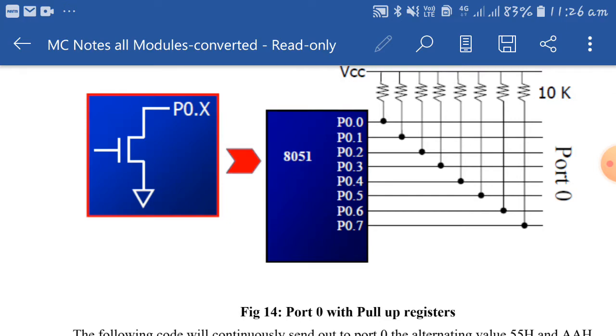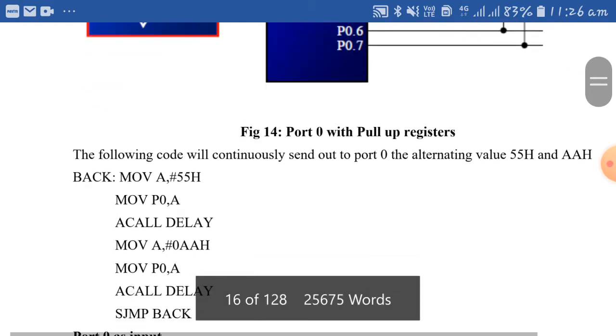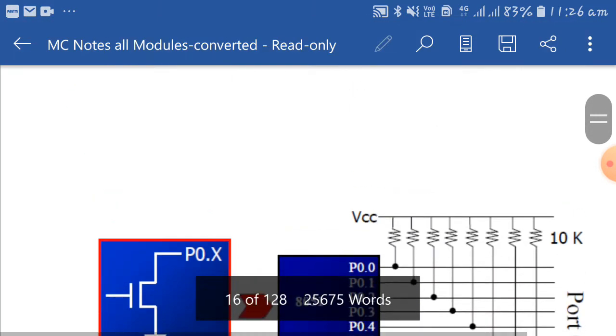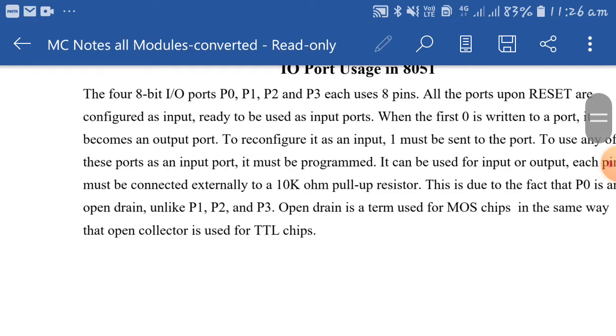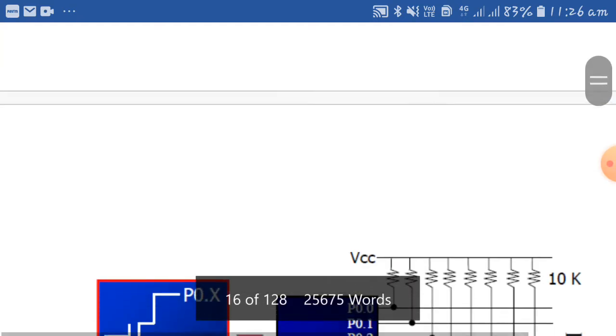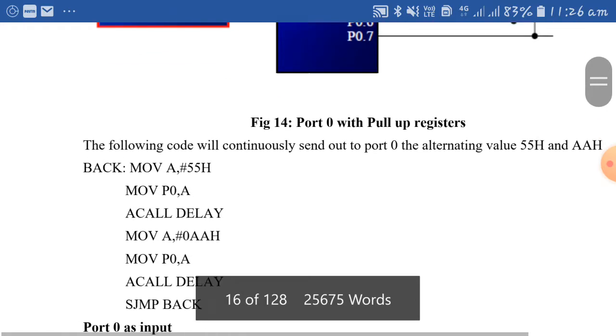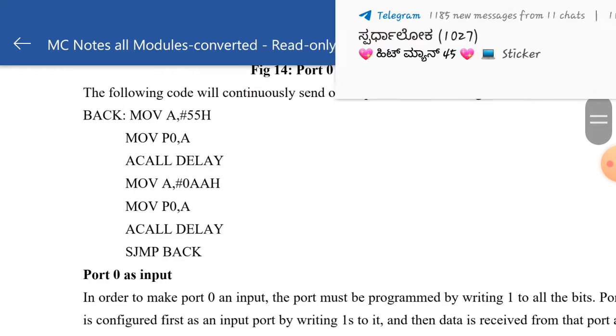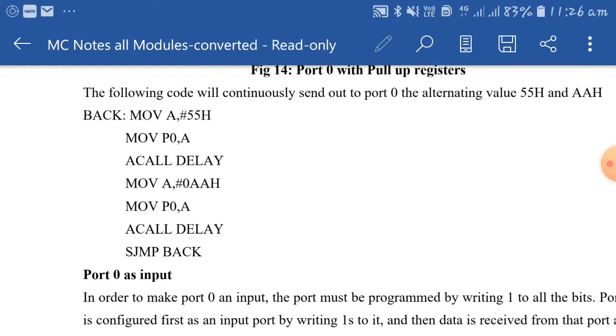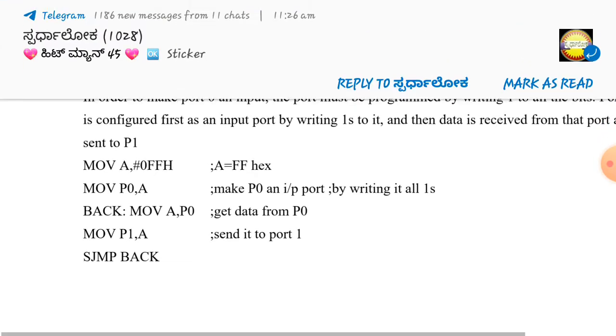Here I have connected a 10 kilo ohm resistor to every pin of port 0. It's open drain, MOS chip, in the same way as open collector is used for TTL chips. So here you have to connect externally, and I have shown here some program for port 0, how to access the ports and how to use them to perform different functions.